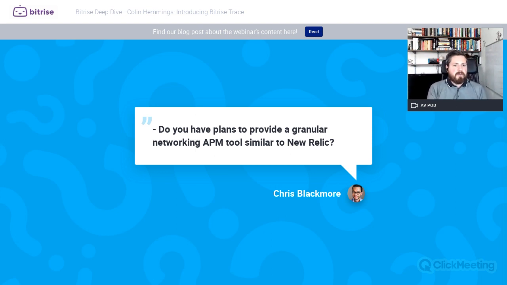Do you have plans to provide a granular networking APM tool similar to New Relic? I didn't cover it in the demo, but we've got a placeholder for the actual network monitoring aspect. So yes, we will be adding network monitoring, so you'll be able to see the network dependencies your application has, how often they're being called, what the general latency is for those, and then when there are problems with any of those calls, you can then look at the